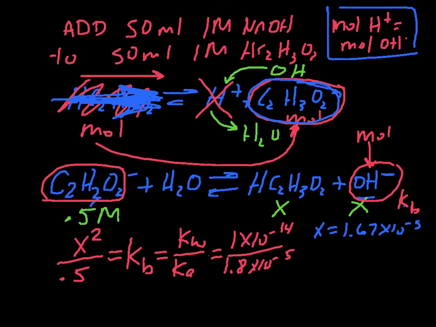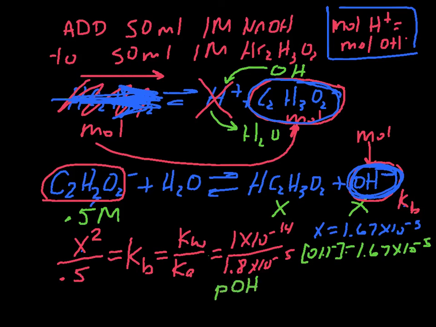Now this x, or at least one of these x's, was a hydroxide ion. Alright, so that means the OH minus hydroxide ion is that 1.67 times 10 to the negative 5th. And if I go through and find the negative log of it, I'm going to end up with a pOH. We'll do that. Take the negative log of 1.67 times 10 to the negative 5th, and you get a pOH of